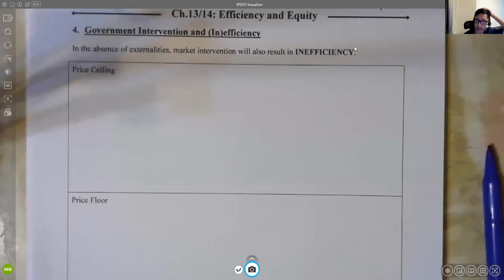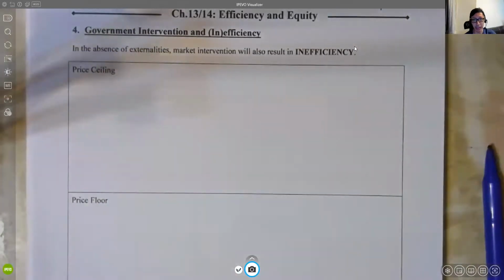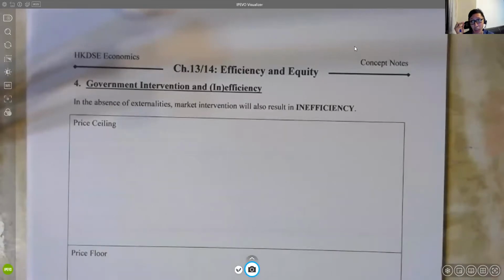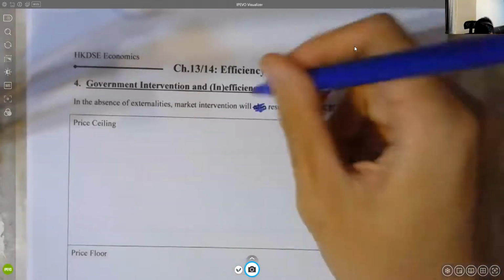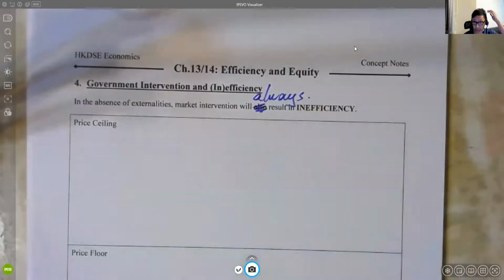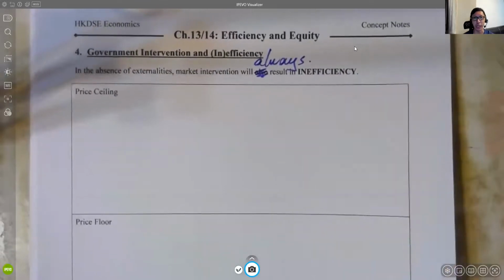All right, so let's go into part 4A of our video, in which this time we are going to talk about the first three government interventions and their relationship with inefficiency. Let me start by saying that in the absence of externality, which we will talk about in part 5 of our video, market intervention will always result in inefficiency. 唔使問啦，如果冇 externality 嘅情況之下，任何政府差嘅時候一定出事。OK，好嘛？